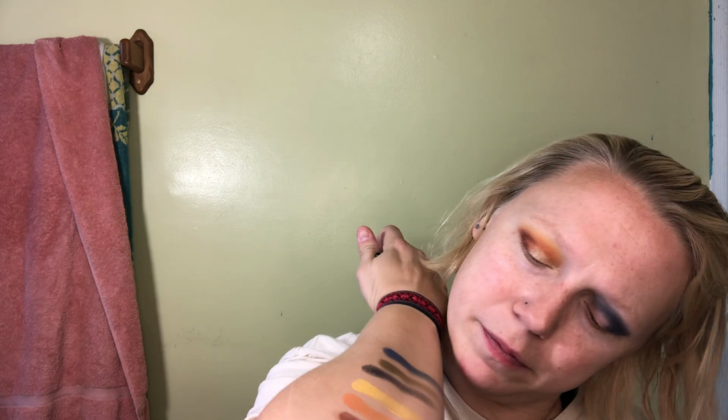Let's get the gray out now. I feel like the gray has got a little bit of a blue tone to it. So this should...